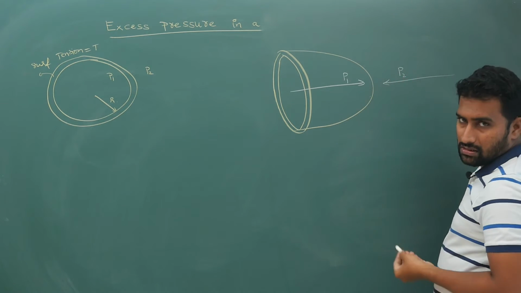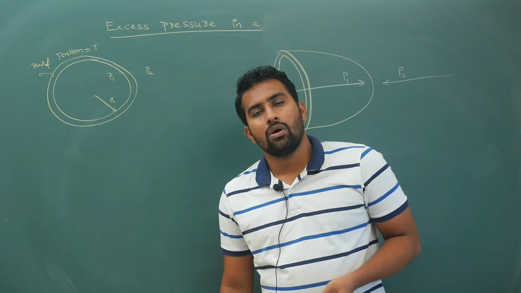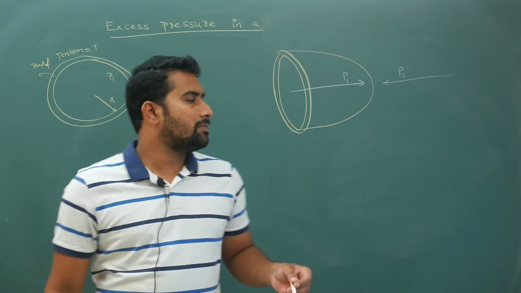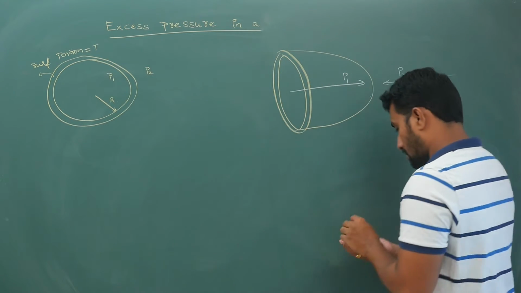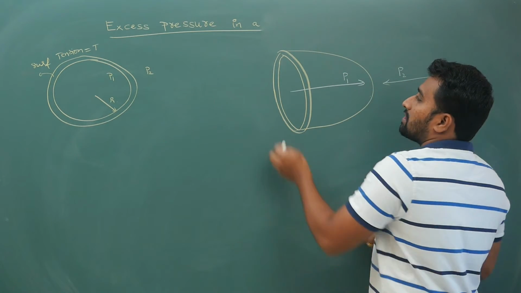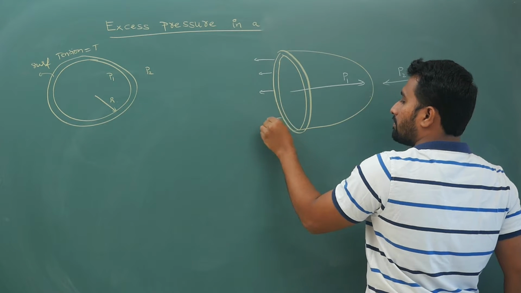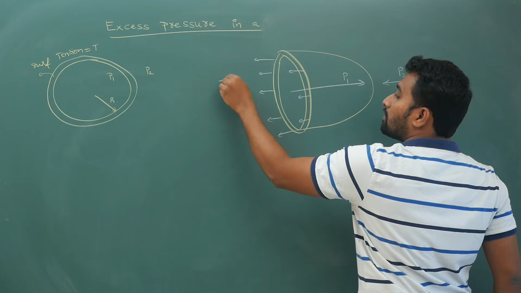P2 is nothing but atmospheric pressure if it is in air. Now the force towards left: because of the outer layer you will have T times 2 pi r,